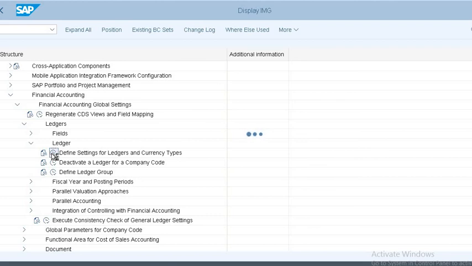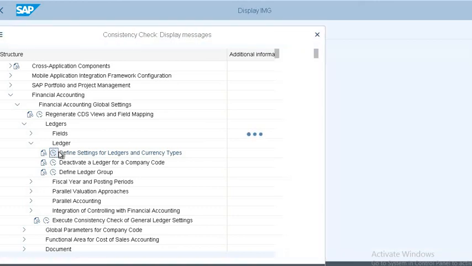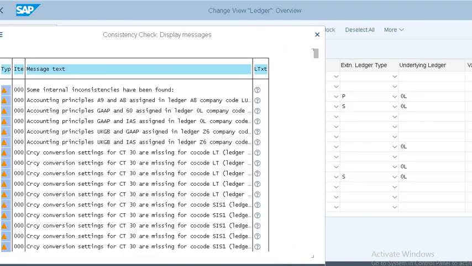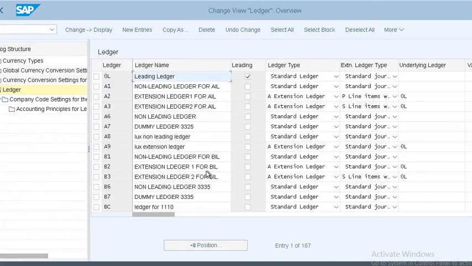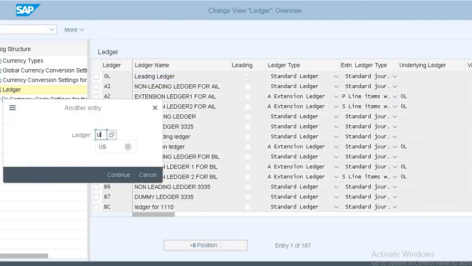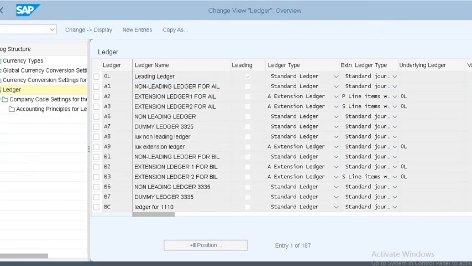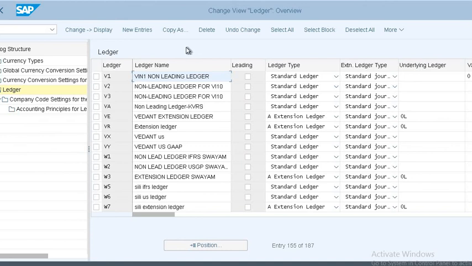For what purpose will we use this simulation ledger? To see the forecast value, like the foreign currency valuation. Advanced test run: yes. Reverse of document to help the extension entry configuration.